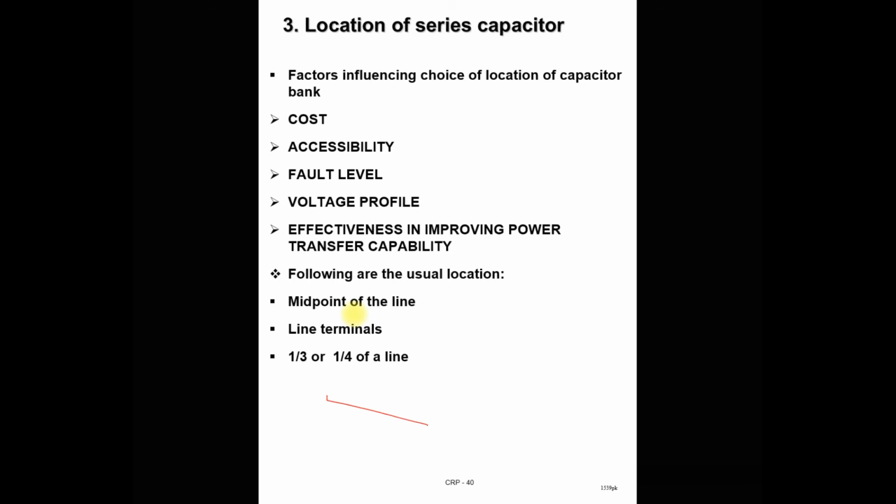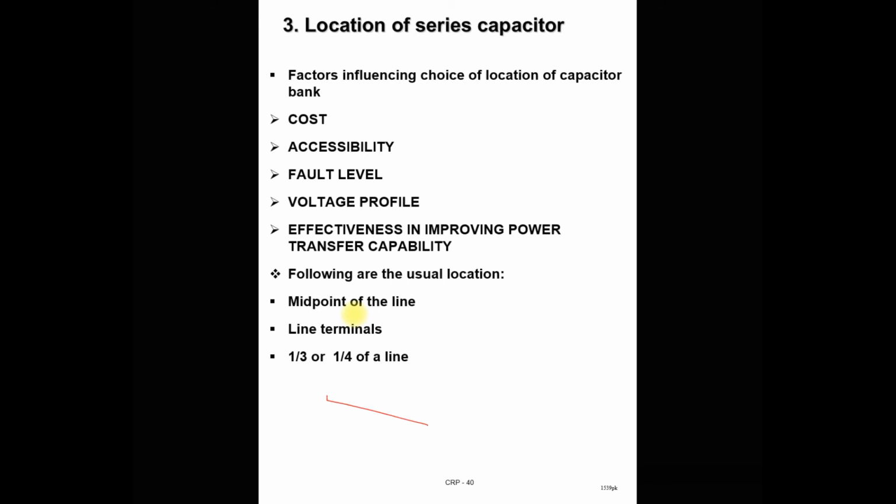If your compensation level by the series capacitor is less than 50%, then the relay design for the protection of the line is less complicated as compared to other locations. In addition, the short circuit current is also lower by putting the capacitor at the middle of the line. However, it is not convenient to access it for maintenance,